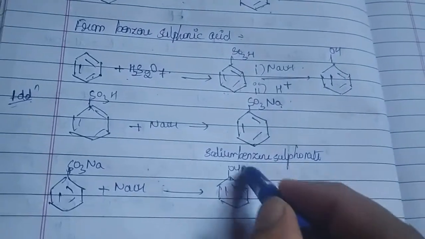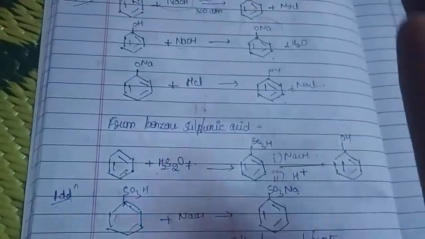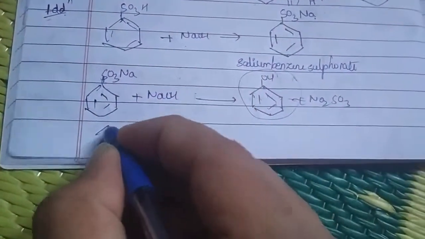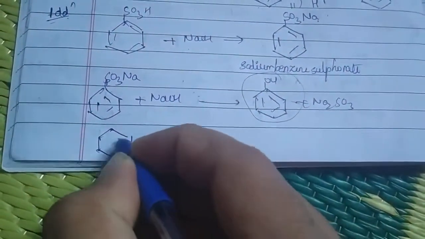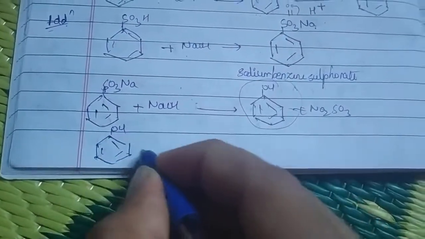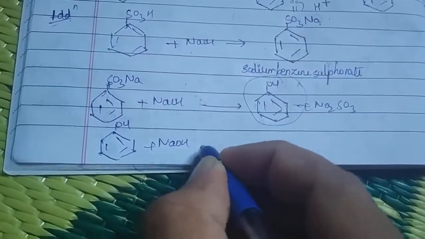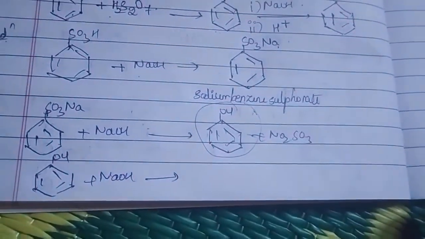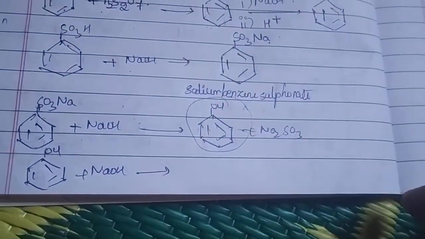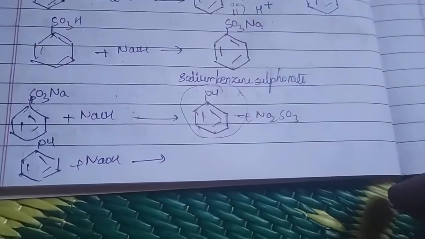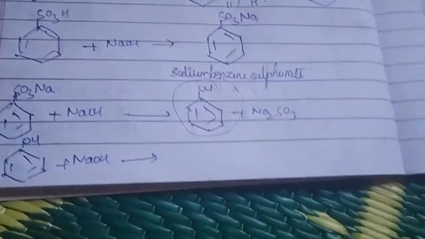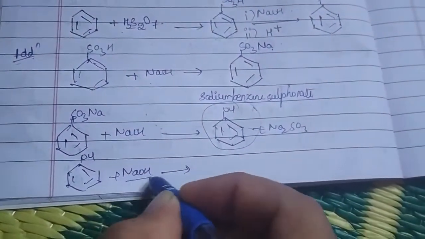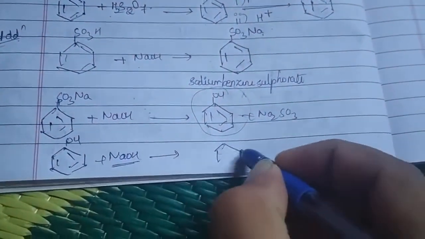But this phenol will not remain as such, as we have seen in the earlier case. Since NaOH is present, this phenol once again reacts with NaOH. Very reluctant fellow. He doesn't want to come with an answer at an instant of time. It requires some longer duration. So this phenol once again reacts with NaOH. So what does it give?